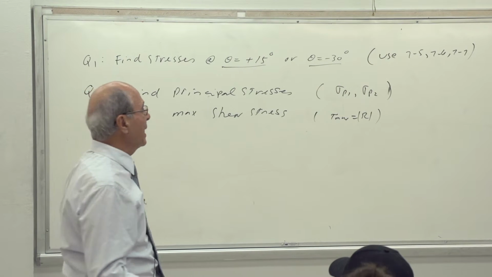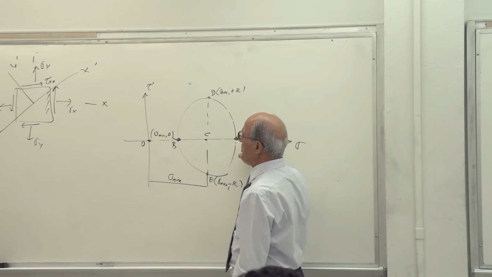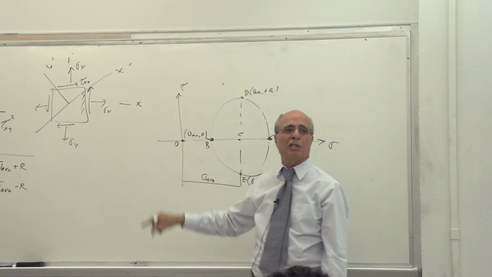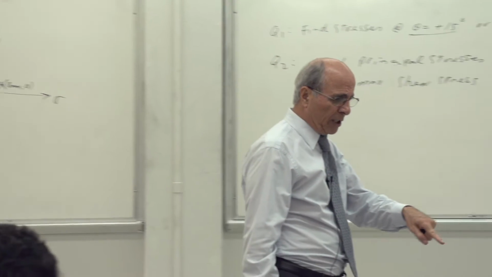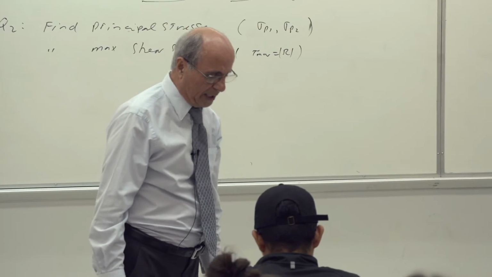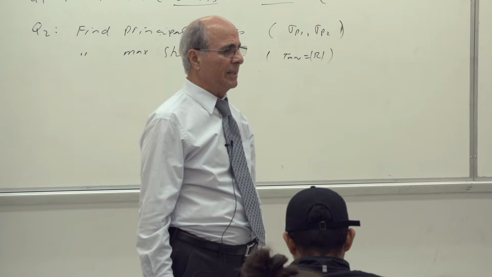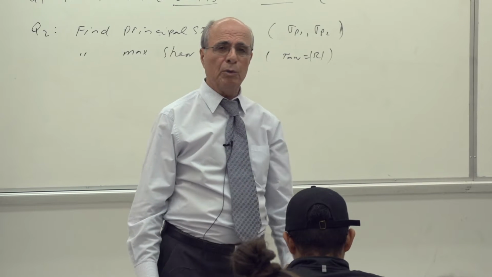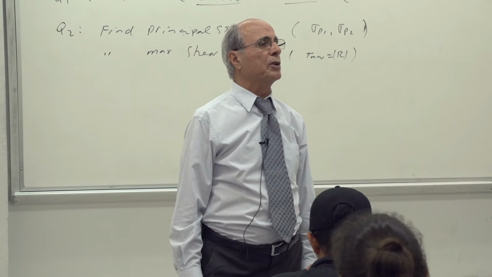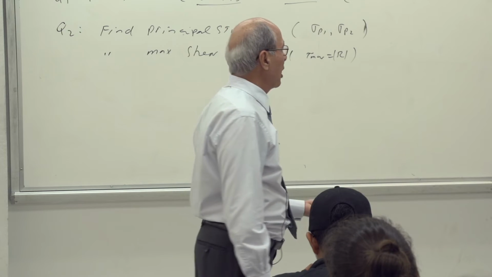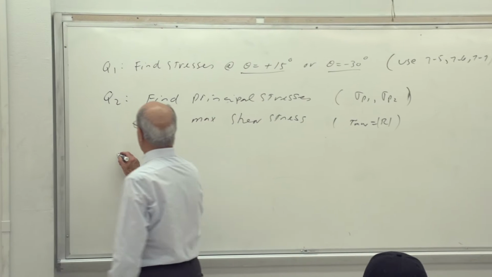Now, to calculate that, remember: where is the principal stress? At principal stress, the shear stress is equal to 0. Look at the equation of shear stress. The equation of shear stress is equation 7, 6. Is that correct or not? Do you see the 7, 6 there in your handout? Yes? Put that equal to 0, because tau has to be 0, and then you find the theta for the principal, yes? I don't have time to do it, so all I'm saying is that for question number 3,